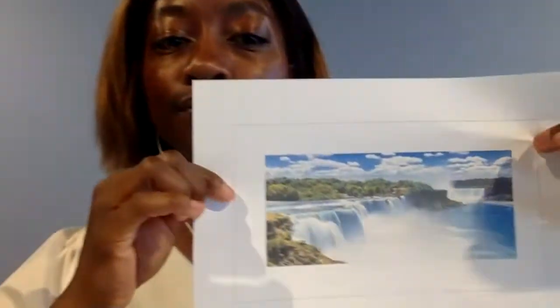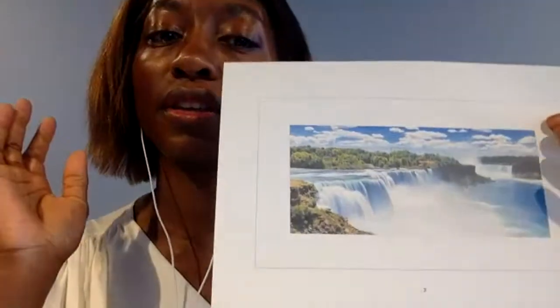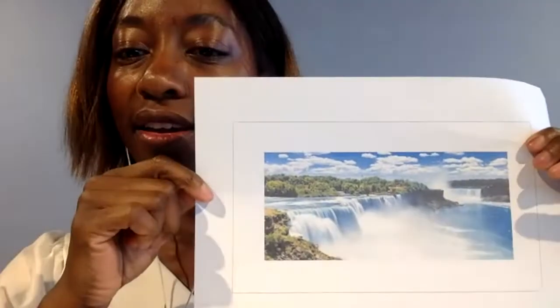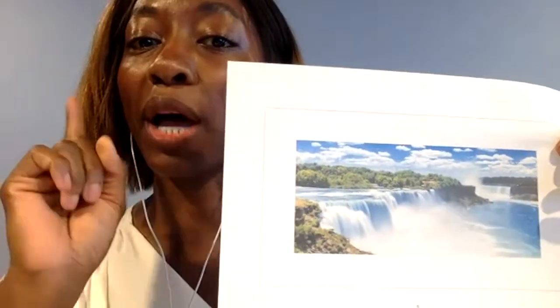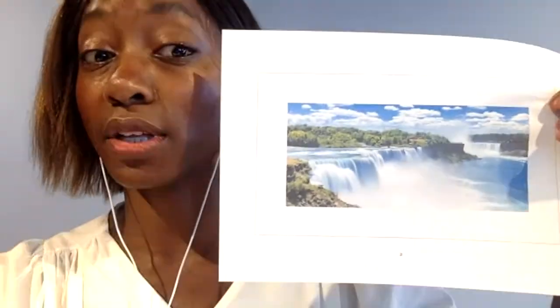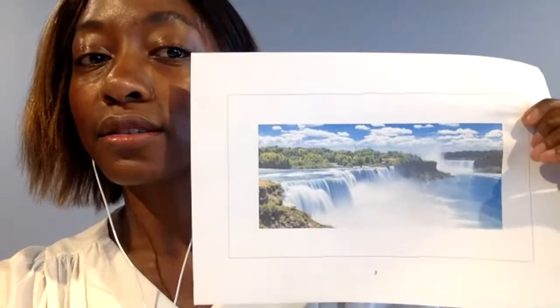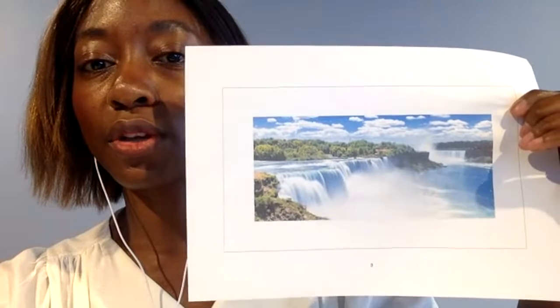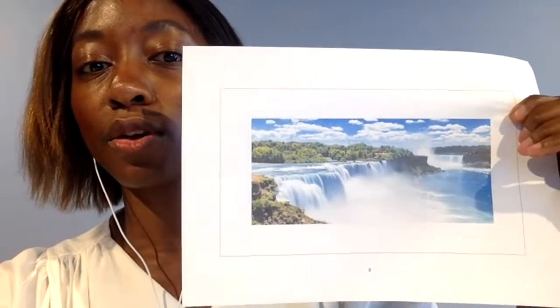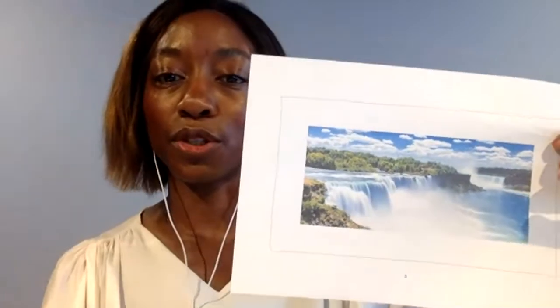One example is this. This is another example where you don't use the. You can use the and it will be correct. But people do not use the when they talk about this place. They say Niagara Falls. I want to go to Niagara Falls. But some people may say, I want to go to the Niagara Falls. Or they might say, I want to go to the falls, because everyone knows what you mean when you say the falls.